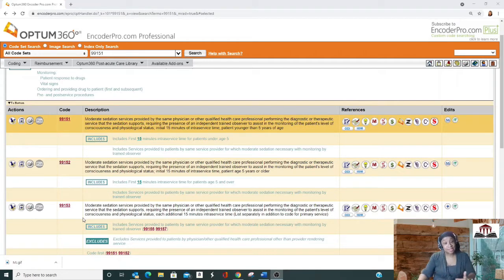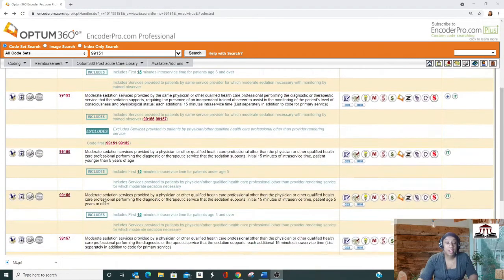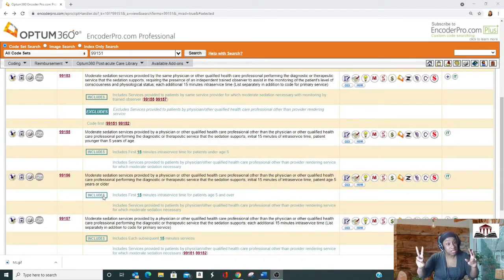In my second scenario, one of the lines I code for in the hospital is my hospitalist providers. Well, what very commonly happens is a child has to undergo a CT or an MRI or some kind of procedure. And because of that procedure, they need sedation. Well, radiologists, they don't do the sedation. So they will call a provider qualified and comfortable with performing sedation services to perform the sedation.